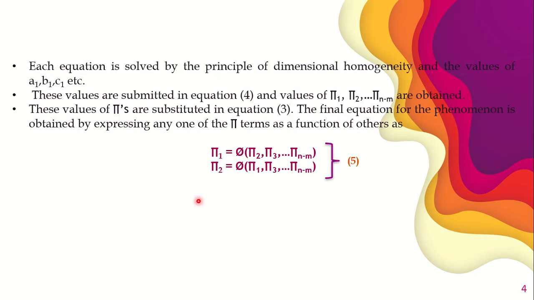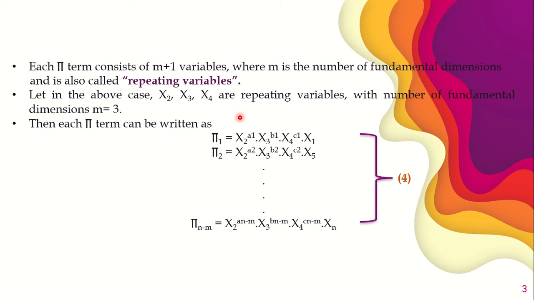Now, once you finish off your equation 4, you will solve this using the principle of dimensional homogeneity. If you remember, I already told you pi 1, pi 2, pi 3 and so on, pi n minus m are all dimensionless terms. They do not have any dimensions. So we will write M power 0, L power 0, T power 0 equal to, now this variable x2 is a variable, say something like density rho. So rho will have a dimensional formula, right? M L power minus 3 to the power of a1, into, say x3 is some velocity v, again to the power of velocity which is L T power minus 1, like that.